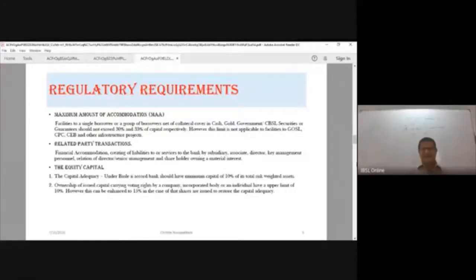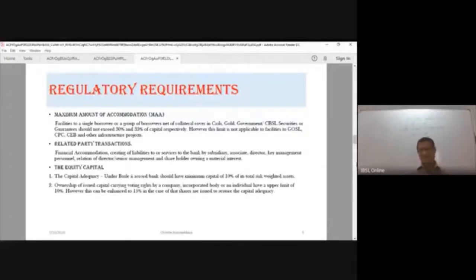They want to see that the bank will not put all eggs in one basket. They will not lend most of their money to a large single customer. So single borrowers are the large borrowers, and we want to see how they